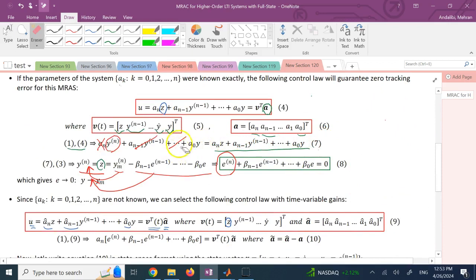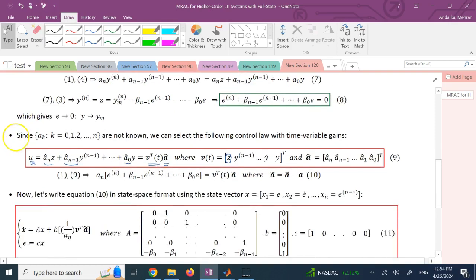That's all it is. Okay, now that we have it, we know that if my a hats converge to actual a's, that control law is going to work. So the question is, how would you change the a hats? These a hats, they are variable. How would you change them versus time? Okay, what is your adaptation law? So we're going to discuss that. But